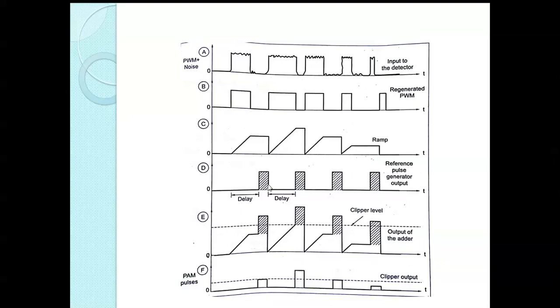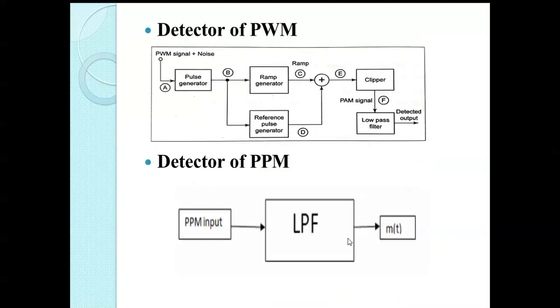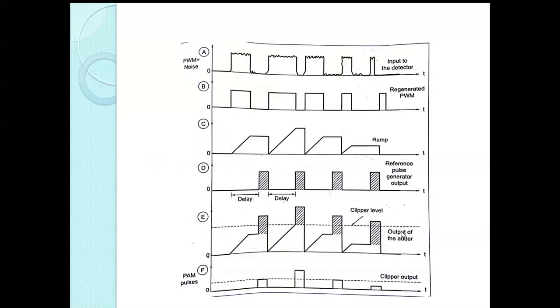And this will be my reference for the pulse; after a delay the pulses get generated, and this will be the reference pulses. Both get added up, I'll use the clipper, and I'll get my PAM pulse. After the low pass, when I trace, I'll get a proper m(t). Whereas in PPM, when I send the generated PPM input to a low pass, I'll get a normal message signal. Their position changes. With that, we'll be tracing and you'll get the output.